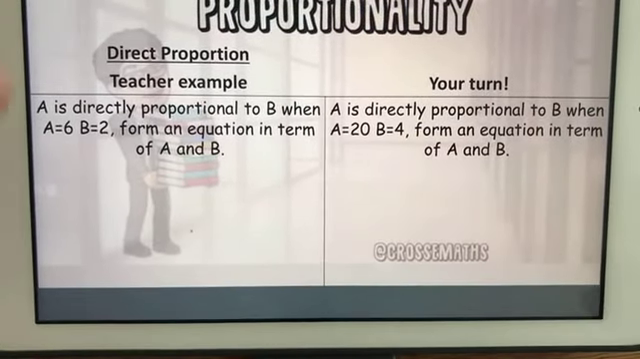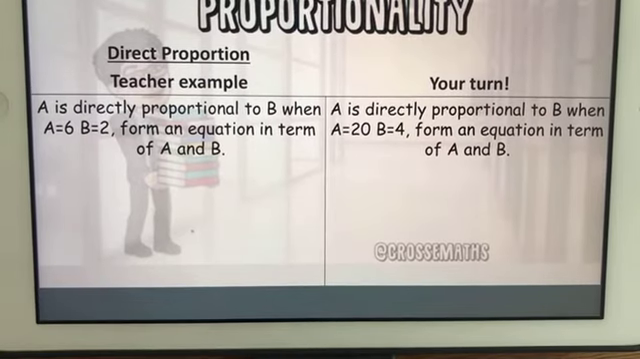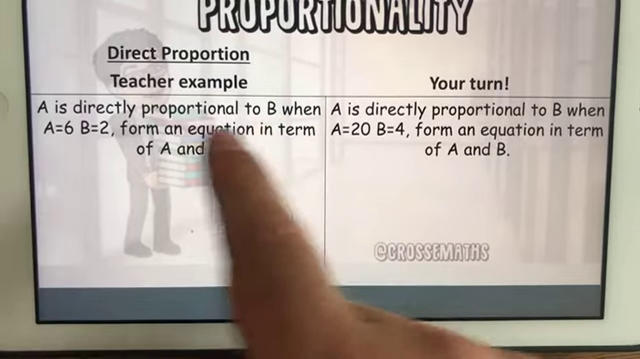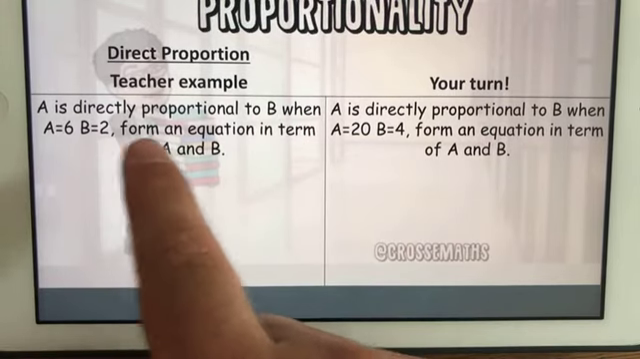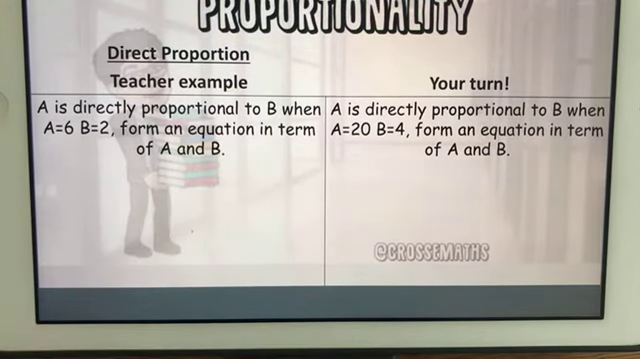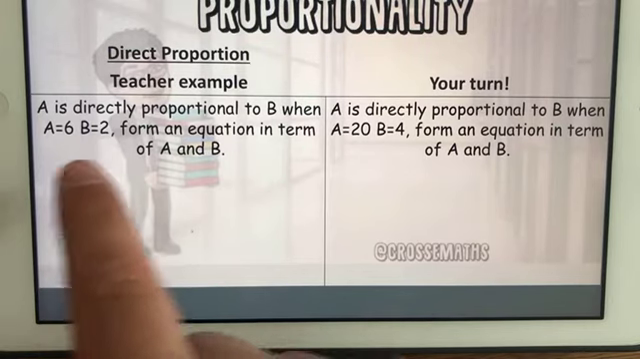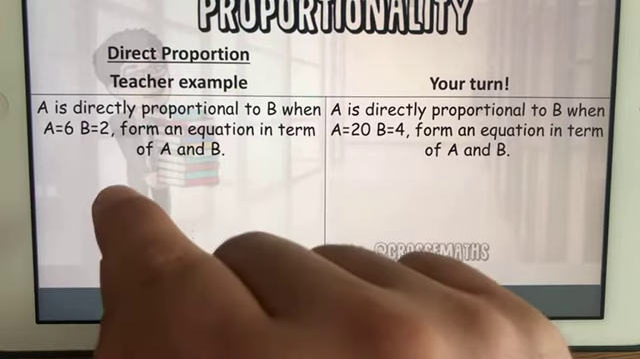The way this is written, this is always a 5-mark question, always comes up, usually paper 1. A is directly proportional to B when A is 6 and B is 2. Form an equation in terms of A and B. So they're not exactly the same. You can't write A equals B. So what you do is you write A